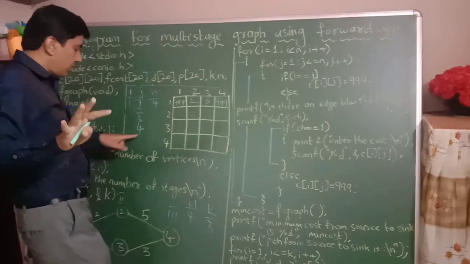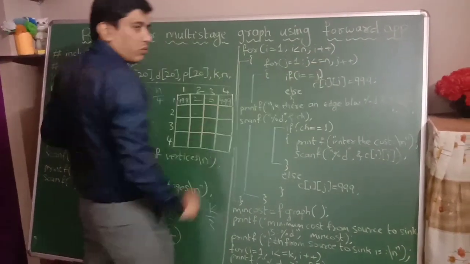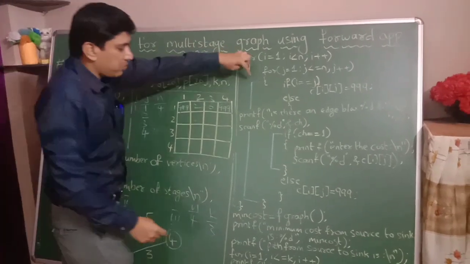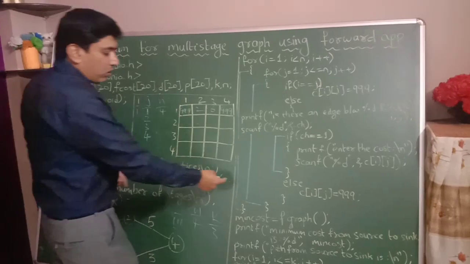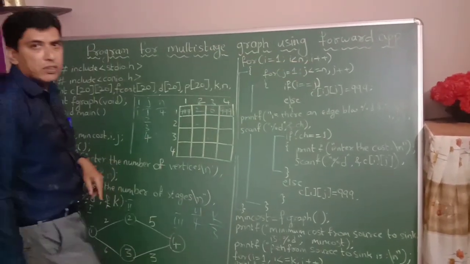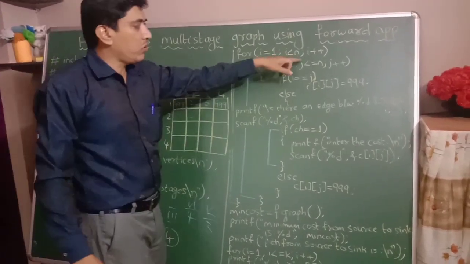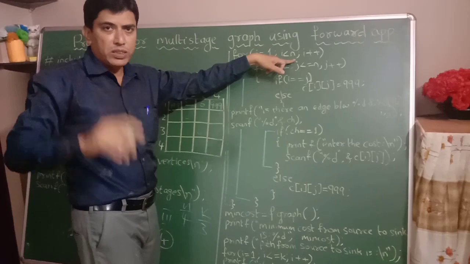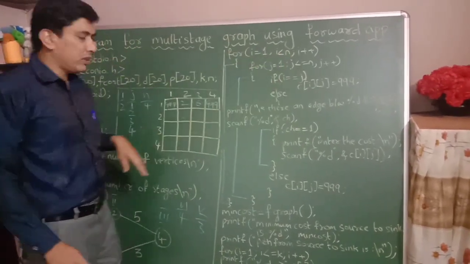Now j becomes 4 plus 1, that is 5. Is 5 less than or equal to 4? No, the condition becomes false. It is coming out from this inner loop. Coming out from the inner loop, in the outer loop, increment the value of i by 1. Now the value of i is 2. Is 2 less than 4, because the n value is 4? Yes, the condition becomes true. Then j is equal to 1.